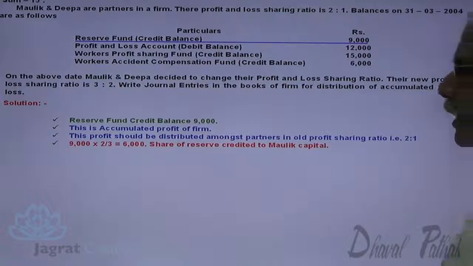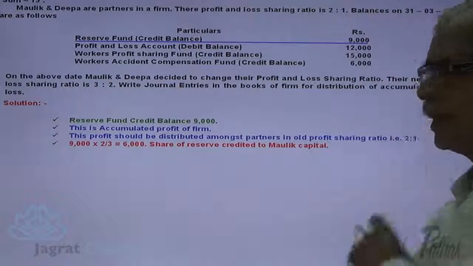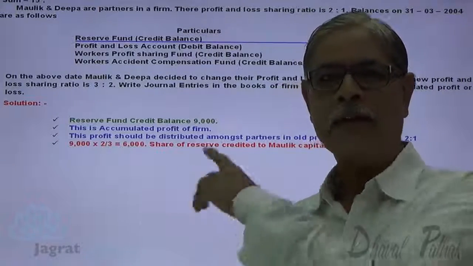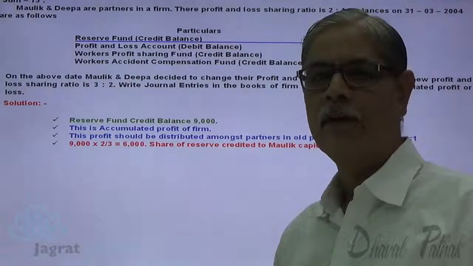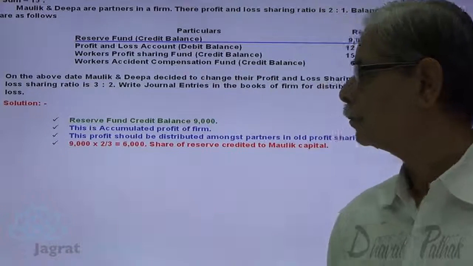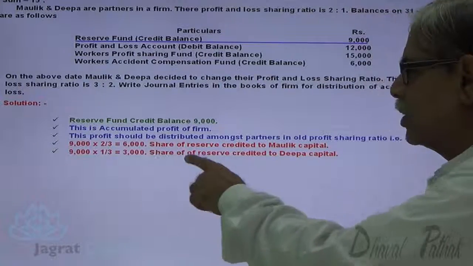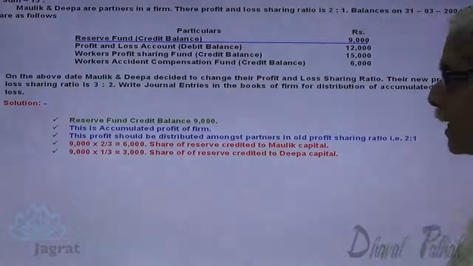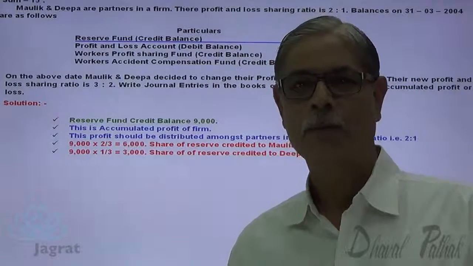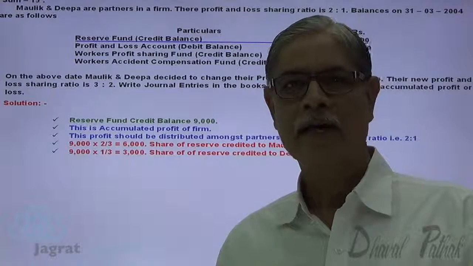Now 9,000 into 2/3, 6,000 share of reserve will be credited to Maulik capital account because Maulik's share is 2/3. So Maulik capital account gets credited with 6,000. 9,000 into 1/3, 3,000 share of reserves credited to Deepa's capital account. So 6,000 and 3,000 gets credited to partners' capital accounts in the old profit sharing ratio, and reserve fund account